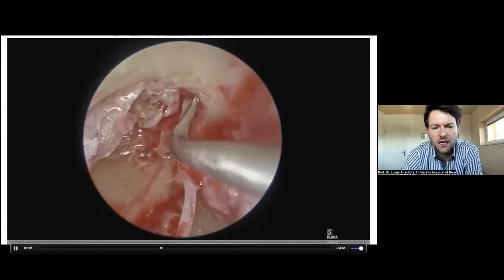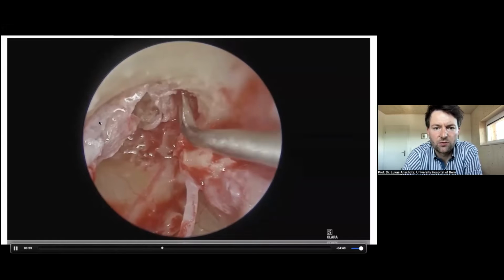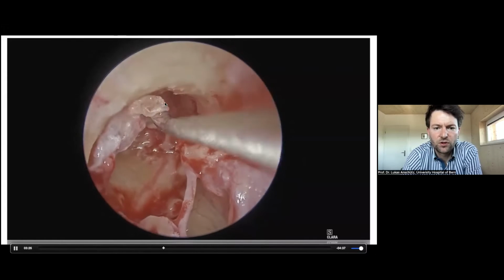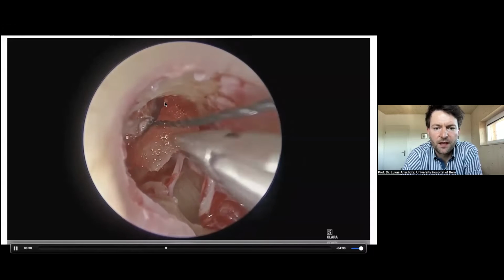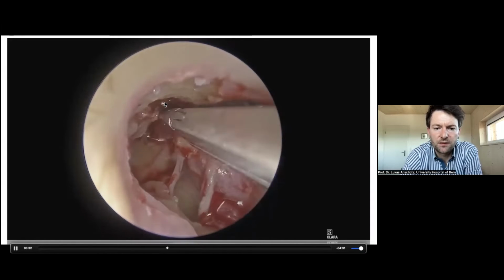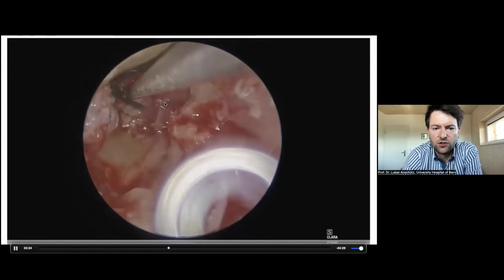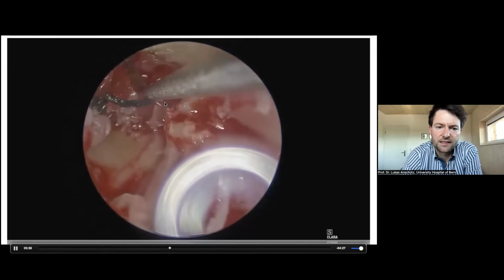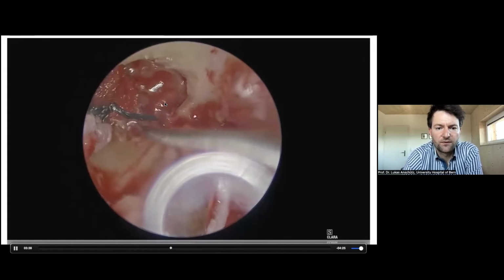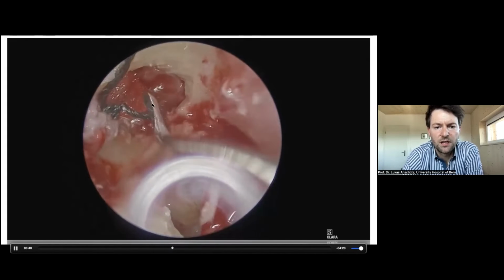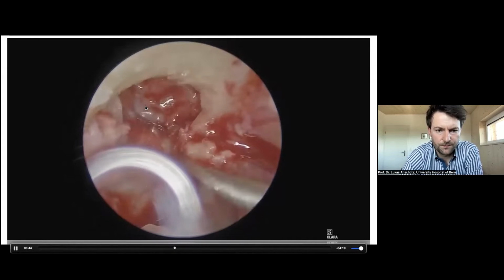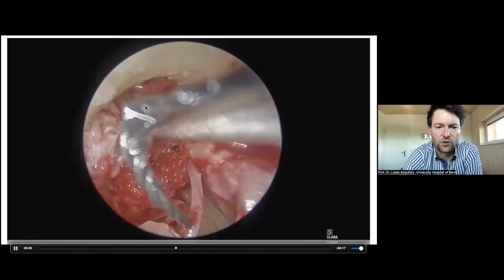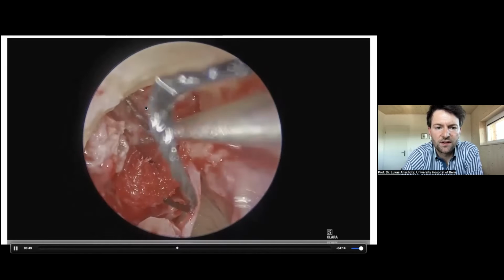You can see, and this is already the tegmen tympani here on top. And now again with a small neuropathy, I put it in the right plane, and we can then use it to push and dissect the cholesteatoma away from the bone. You can see here below already the dura, which is still covered by a little bit of bone, but it is very thin, of course.